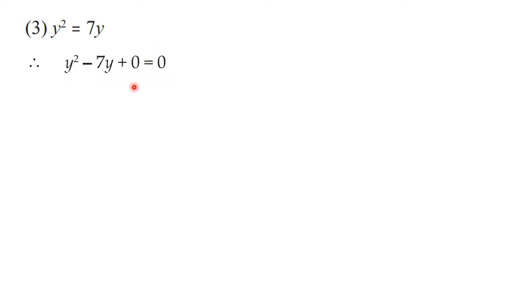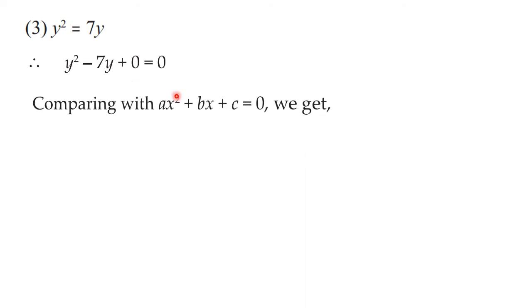Now after this you are going to compare it with the standard form, that is ax square plus bx plus c is equal to 0. As I have said, even though the variable in the question is different, while writing the standard form you are going to write the same everywhere. That means you are going to take x only as the variable. No need to write down the variable from the question here. It's a standard form and here you have to write x only.